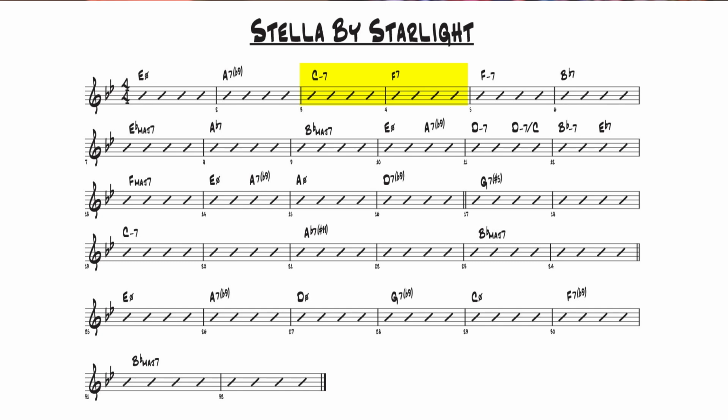The next 2 bars is a 2-5 in B flat major, which is, by the way, the overall key of the piece. Keep that in mind. C minor to F7, but it doesn't resolve to the 1, which would be B flat. It turns the F7 into an F minor 7. And then it goes to the 5 chord, B flat 7, and then resolves to the 1 chord of E flat major. And we add a couple of flats to the E flat major to get to that 8th bar, which is the A flat 7. And there you have the first 8 bars.